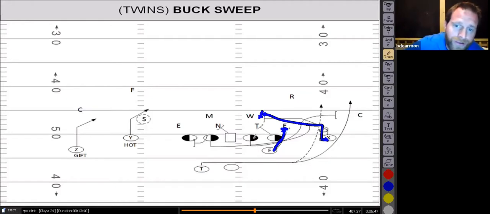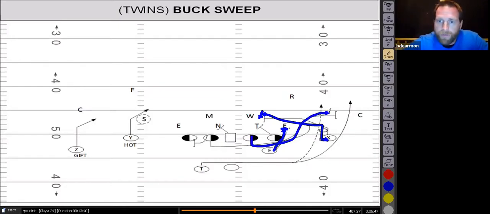Up front, our guard and our tackle are down blocking their gap. If you don't have a guy in your gap at guard, you are pulling and kicking out the flat player. We call it a question mark pull. Our center and our tackle are both gap down, and we're asking them